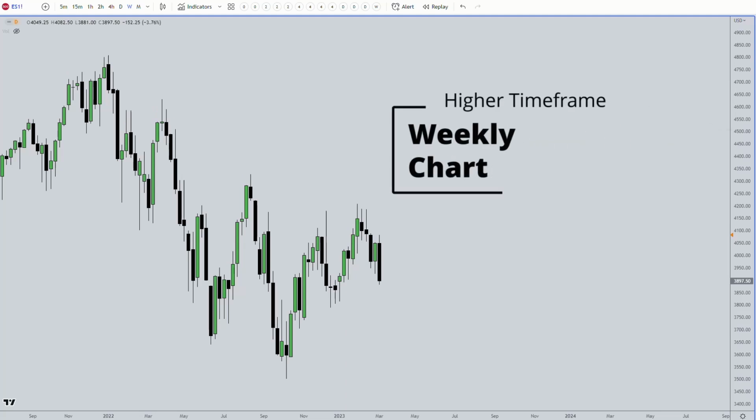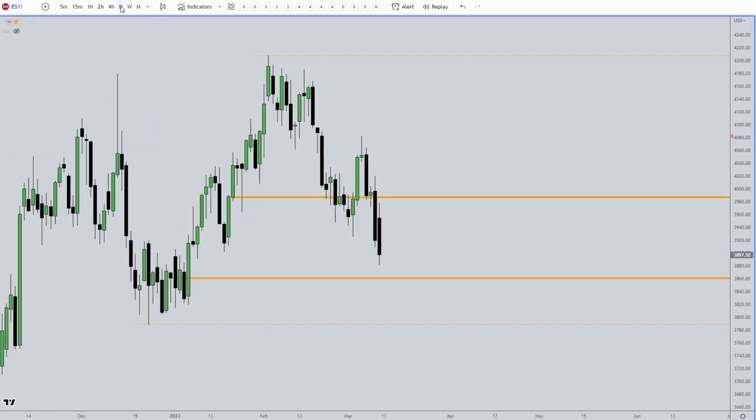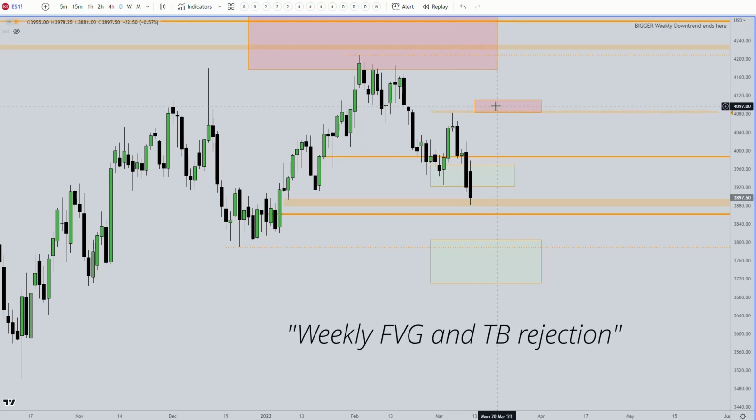Looking at the weekly chart of the S&P 500 here and throwing on our weekly levels, we can see that last week's story already started on Monday. Let's switch to the daily so I can show you why. Now let's add our weekly boxes to make sense of it all. Looking at the daily chart here, we can see that on Monday, after an aggressive move up starting on Thursday already, we hit our weekly fair value gap and our weekly bearish target box, and therefore started to sell